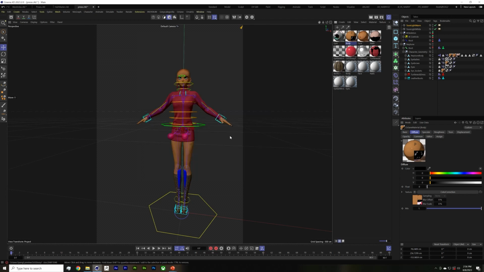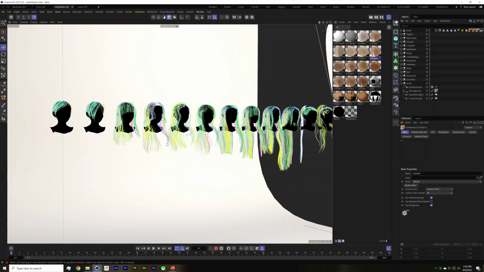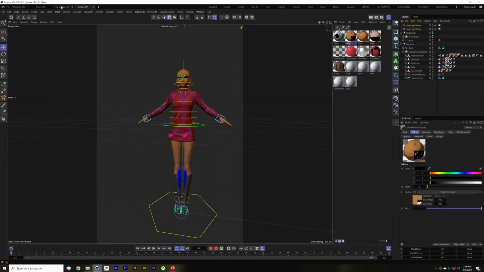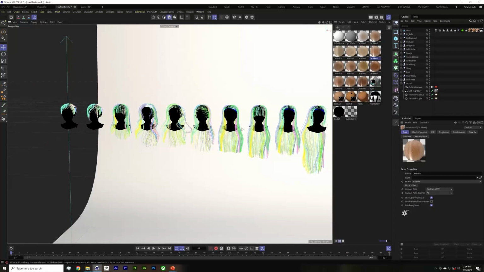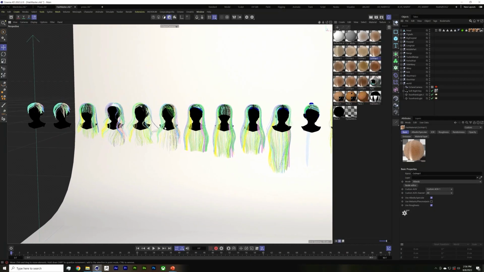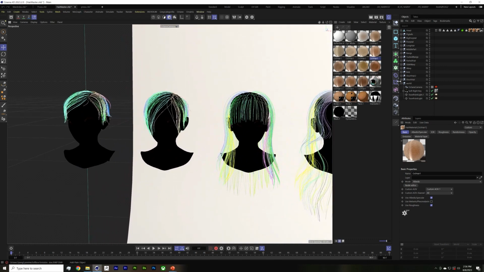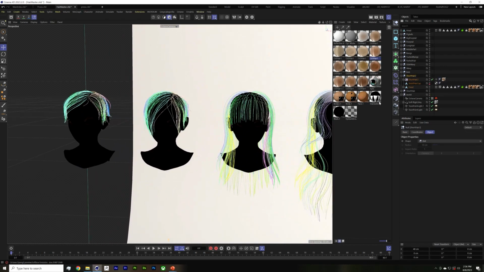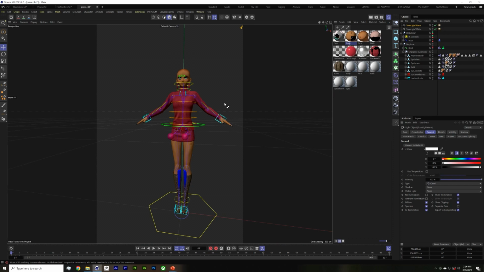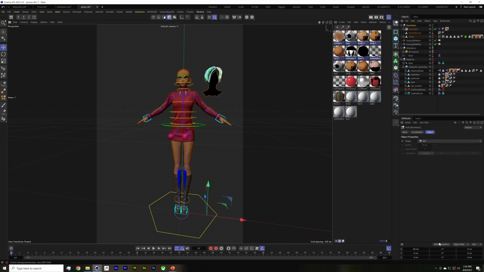All right, next thing I'm gonna do is pick out a hairstyle. I use Ornatrix as my hair plugin. So I have a bunch of hairstyles here. Which one do I think would go good with this ensemble? I'm actually gonna be a little edgy and go with this short cut. I was doing all my run-throughs with longer hairstyles, but I'm gonna try out this short one to see if I like it. Drag this into our project here, zero it out,